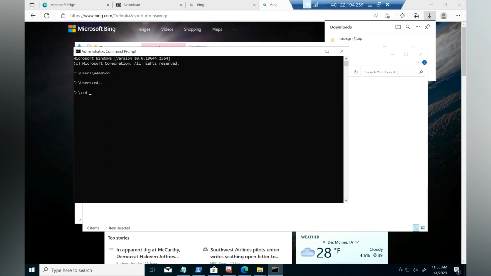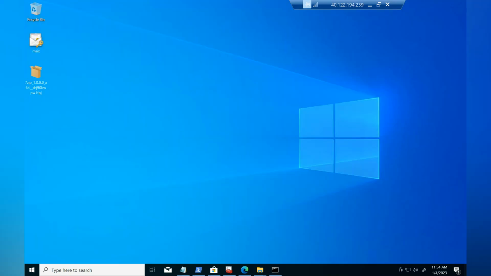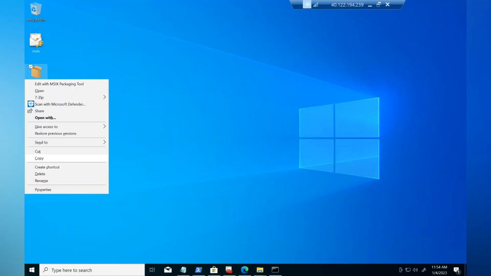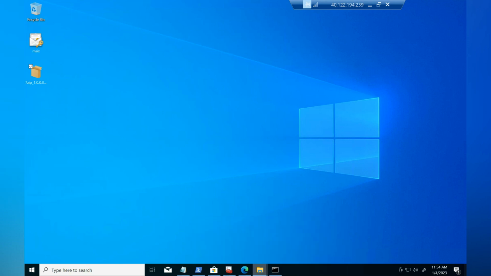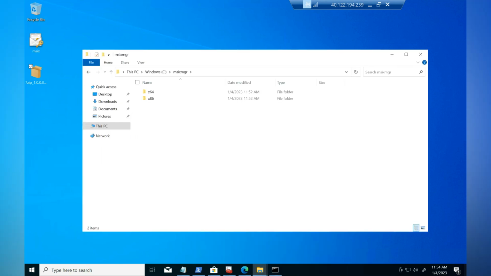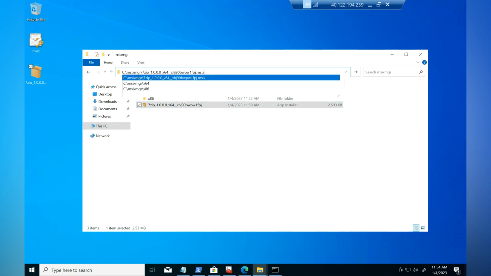So now go to the MSIX package folder and then go to 64-bit, and here we need to enter a command which is msixmgr.exe followed by some commands. So now we will copy this package into the C drive under MSIX MGR. So I'm going to paste it over here, and then I will copy the path, which is this path,